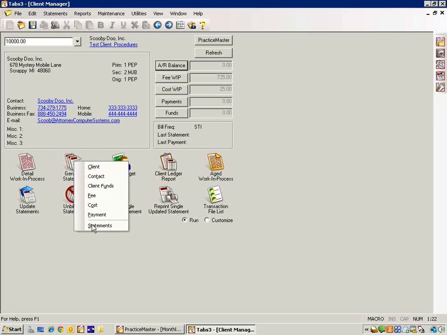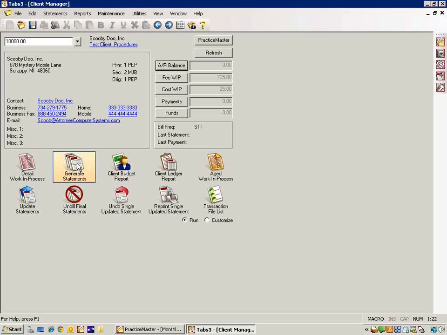If I right-click on this icon, I can click on Statements. It will take me right out to the Generate Statements window, and I can actually create a final bill from here. So that's important. And then after I've created that final bill, I can update the statement for that client right here under Client Manager. I can also come in and unbill a final statement. Now this is an icon I added because I know unbill, undo, reprint, those usually aren't on there out of the box,